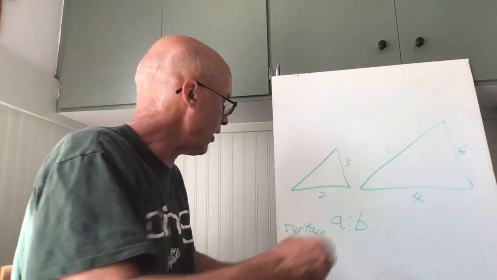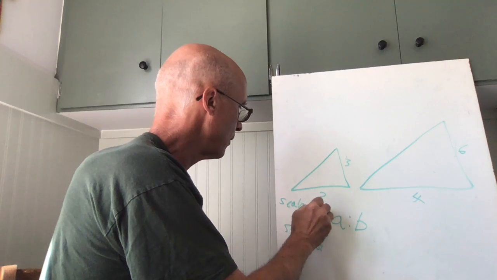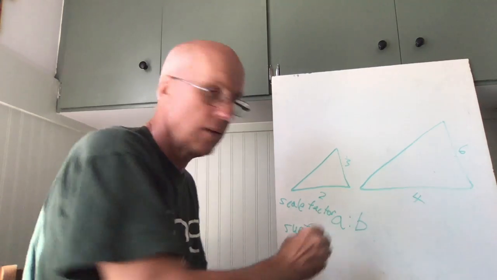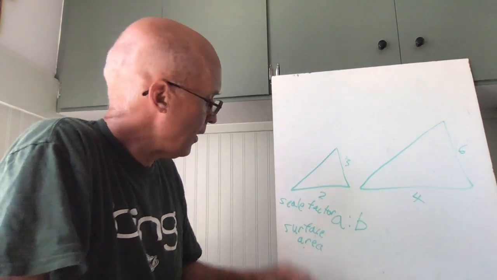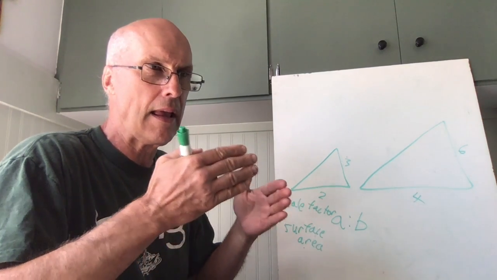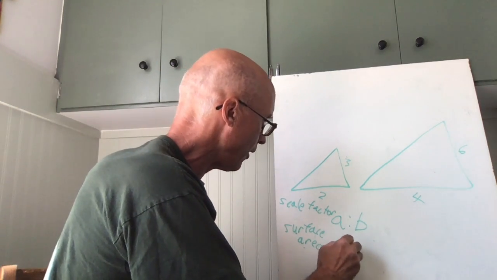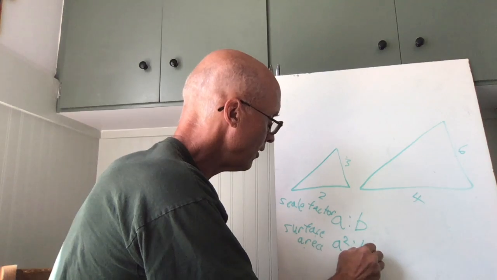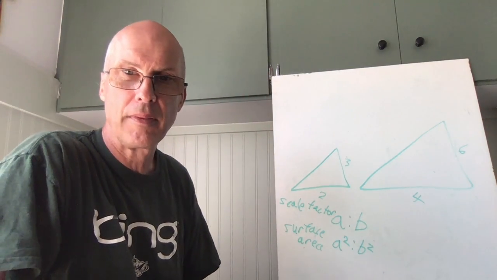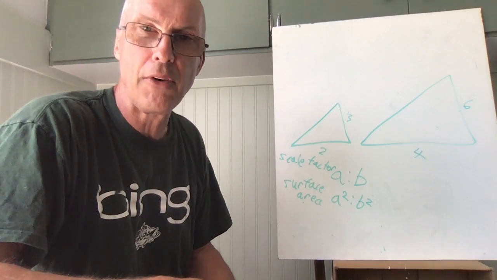So if the scale factor is A to B, surface area is going to be A times A and B times B. So it's going to be basically A squared to B squared. Okay? And likewise, if we scale this up some more and we talk about volume, well, volume